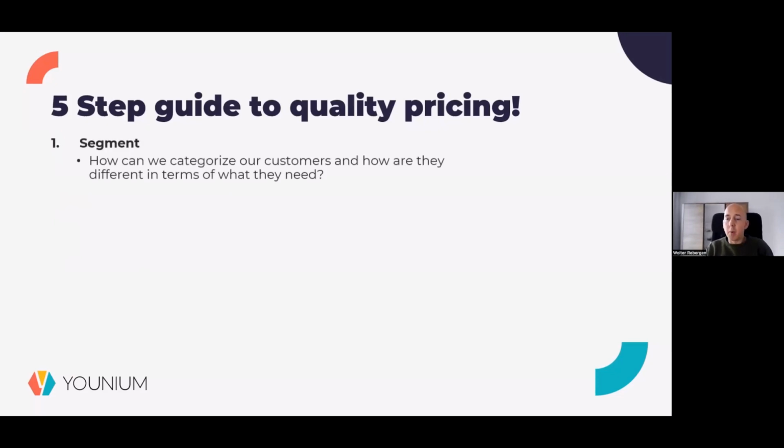The first and most, I think, underestimated and most important one is segmentation. So how can you look at your existing prospect base, your ideal customer profile, and how can you categorize those? What do they have in common, or how are they different? And based on that, there's so much to win already, because maybe like Younium, we have startup companies and we have enterprise companies. They have completely different needs from our product. They have completely different needs from our pricing. So, you need to understand that, because otherwise